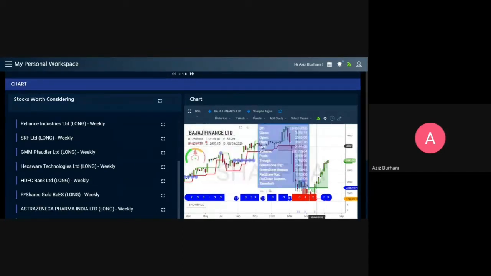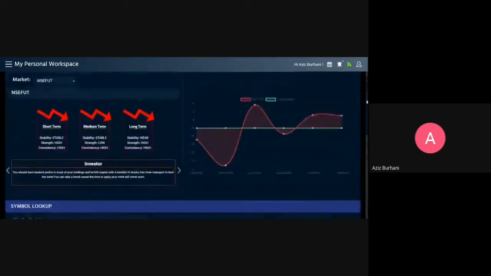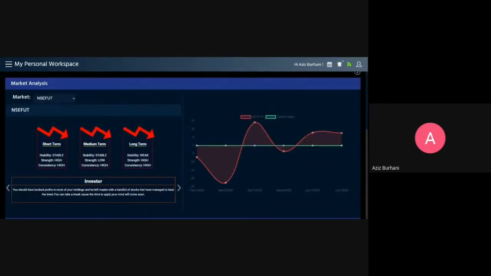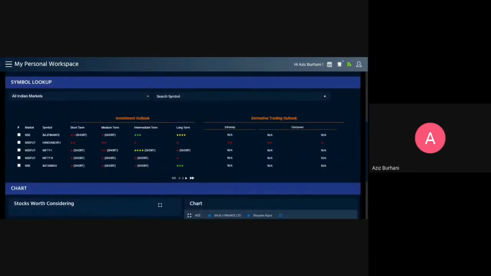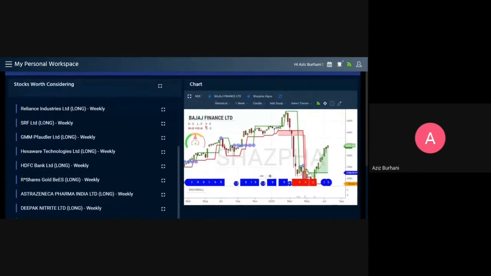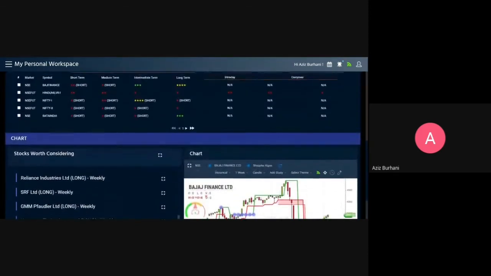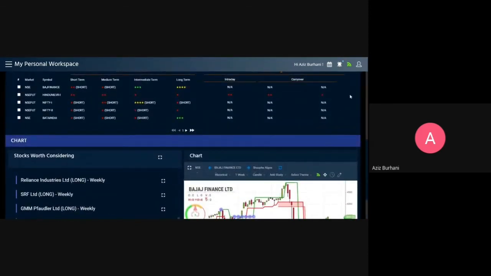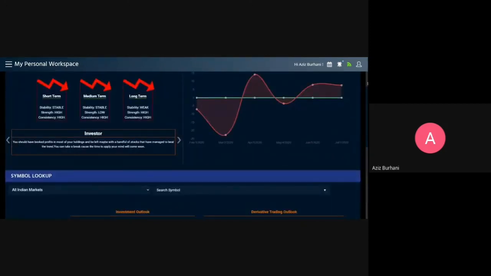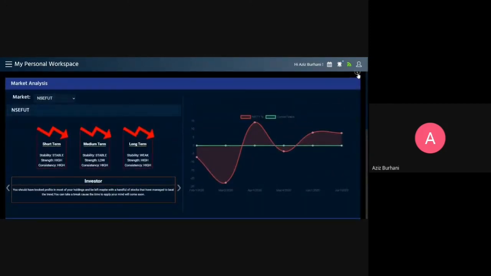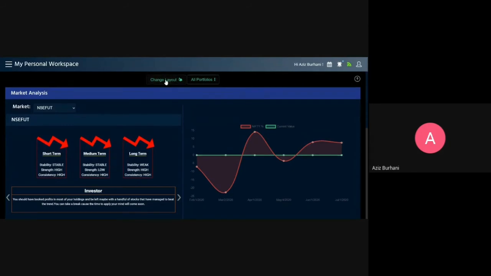There's a chart window, there's a mini chart. So if you don't want to go to the chart separately, a lot of people have to toggle between the dashboard and the charts. You don't have to toggle. You can access your charts from here, if you're doing something with the symbol lookup, or having a look at the stocks worth considering, or having a look at the SHASPA EA. If you can't see SHASPA EA here, it is because I have disabled it. You can click here and change the layout.